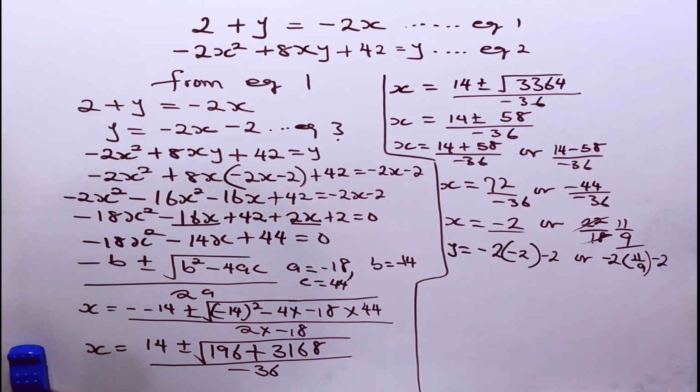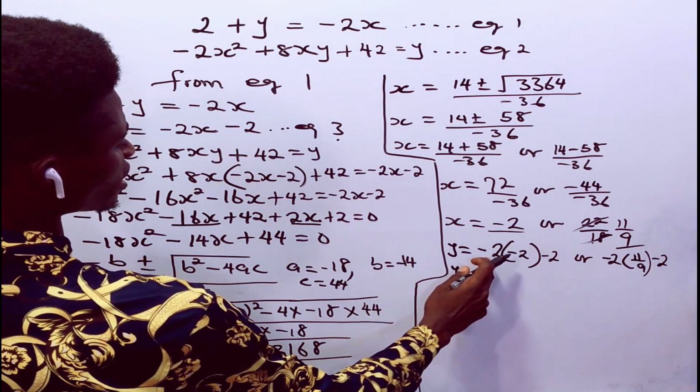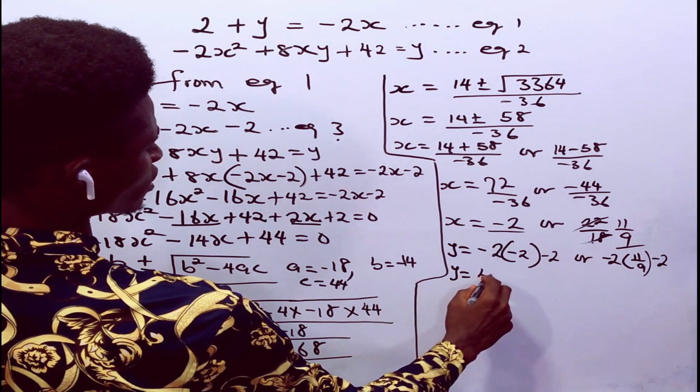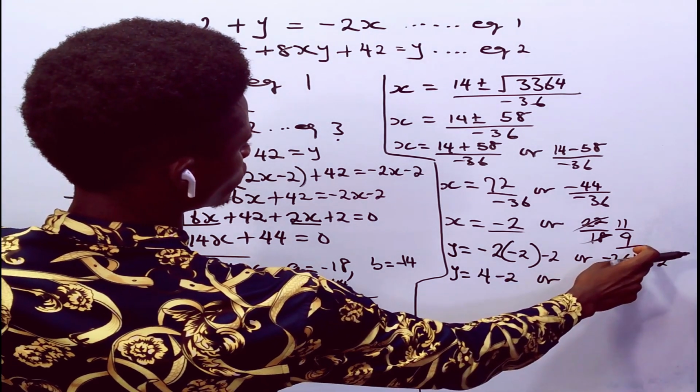So that if we expand here, we have y to be negative 2 times negative 2 is 4 minus 2, or negative 2 times 11